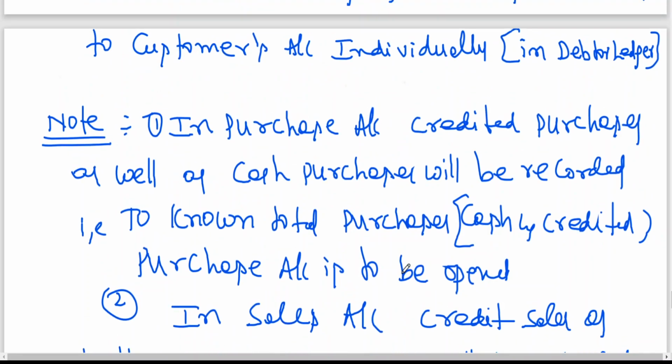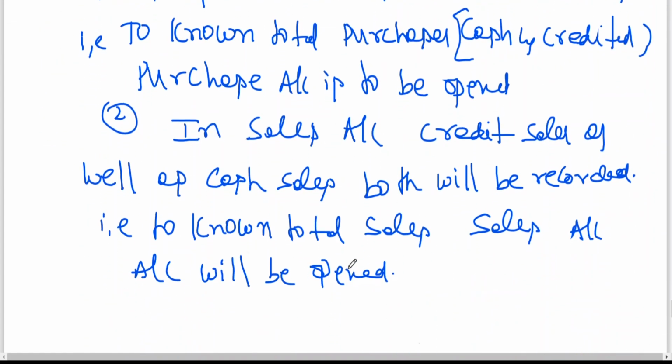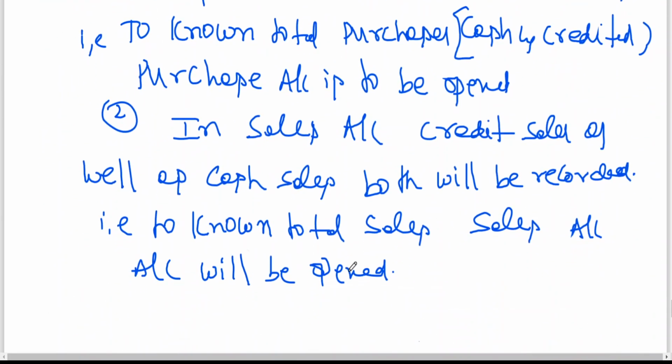Okay. So we have learned 4 points. Purchase day book total, purchase return, sales day book, sales return. Cash book of course is all cash transaction. General proper is of course adjustment. But we are having two more accounts now. This is only statement from examination point of view, true or false.